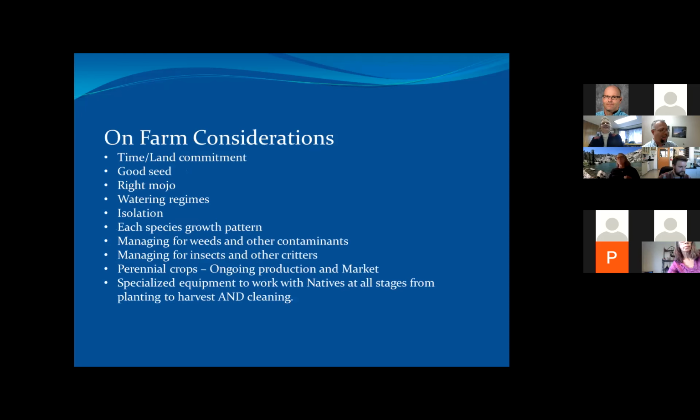So my list isn't quite as extensive or nearly as pretty as Patrick's, but I do want to go through some of the considerations that we go through when we're talking to people about doing a grow out. And for us, we're a little bit more resistant to too many grow outs and too many local ecotype productions, partly because, as you'll see coming up, we're not all that good at it. And I'd love to know from Matthew and Patrick and others if we are just not as good of farmers as we like to brag we are, or if there are a lot of failures for other people also.